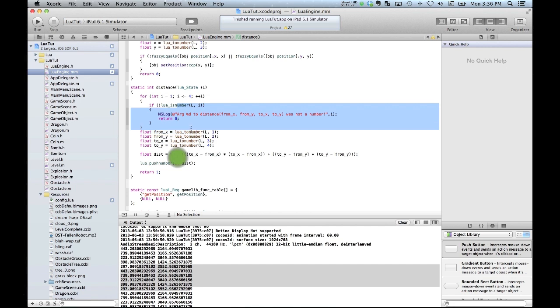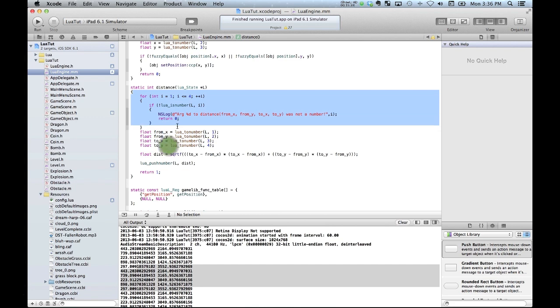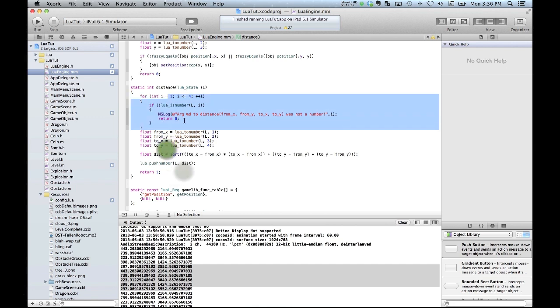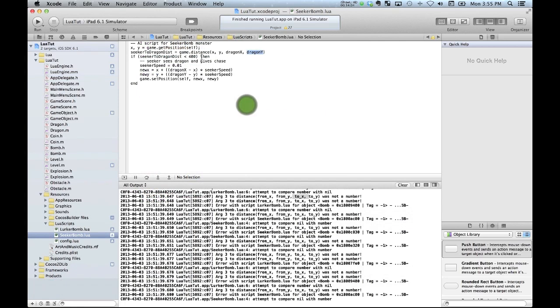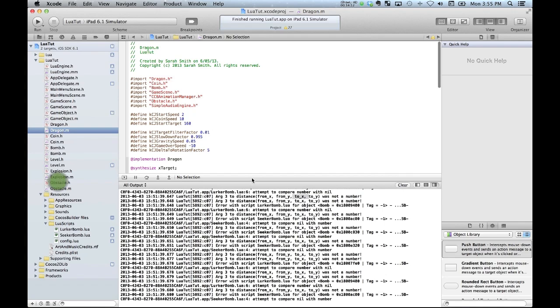Forward, we do a bit of minimal checking, obviously, and making sure that all 4 of the arguments, I've used a nice little loop here because I knew the code was going to get repeated, all 4 of the arguments in the stack are actually numbers. Our logic depends on the location of the dragon. So in order to get that to work, what I'm going to do is actually go in here to our dragon file,